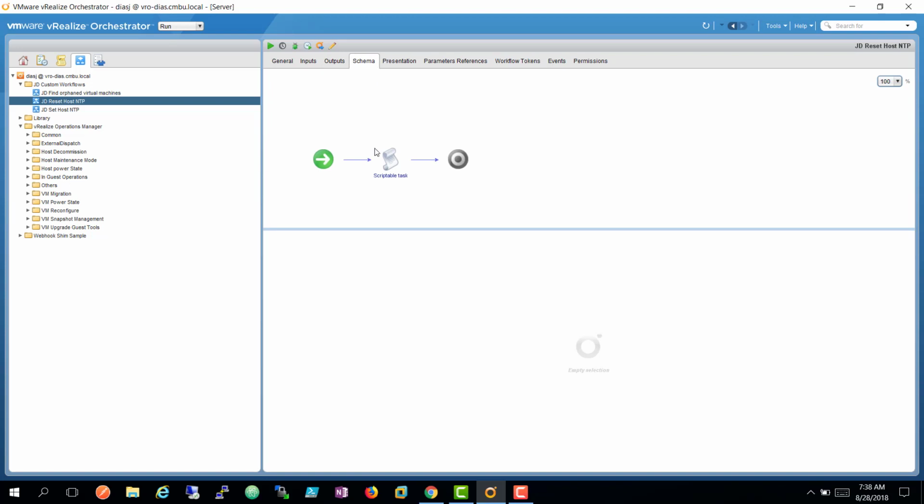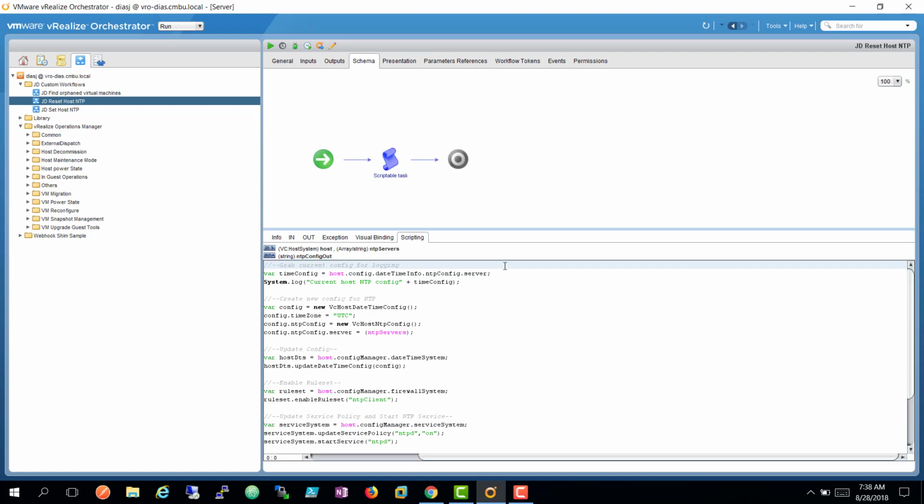So again, very simple script here. I think I pulled the initial script for this. I did some searching and found someone had done a script similar to this on vBrownBag. So I just grabbed it. I made a few little modifications and